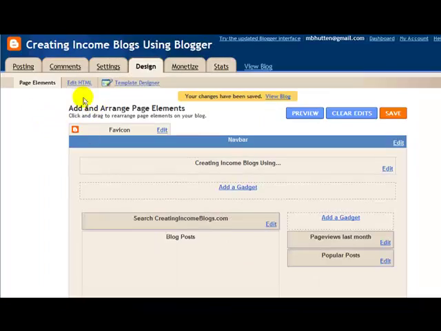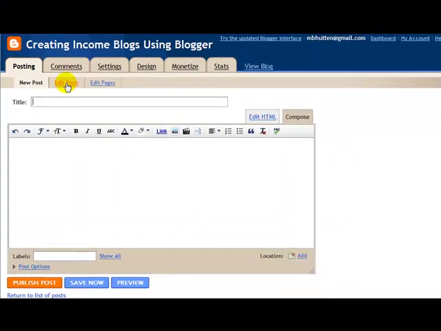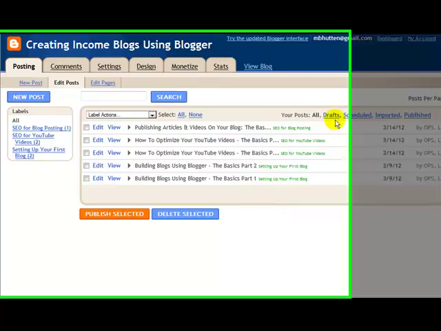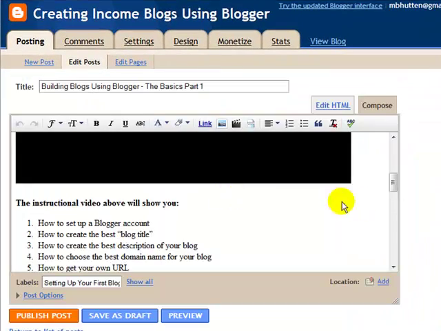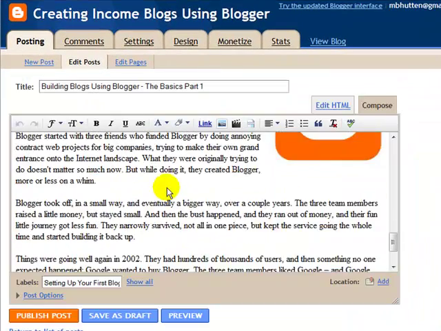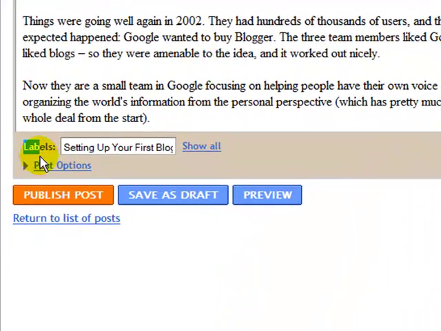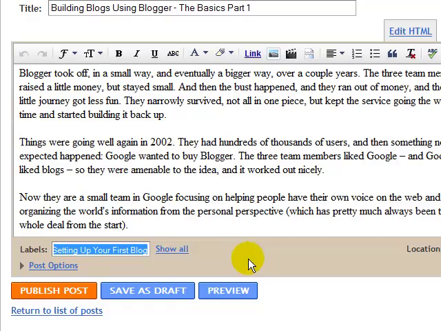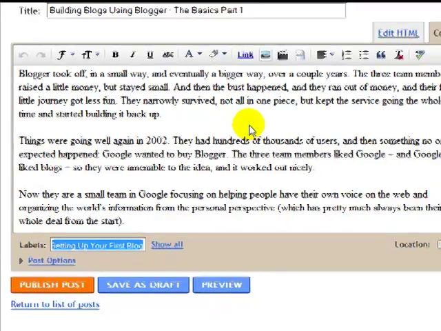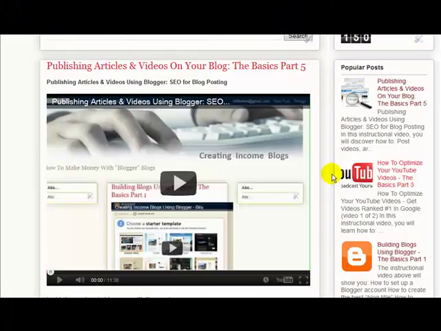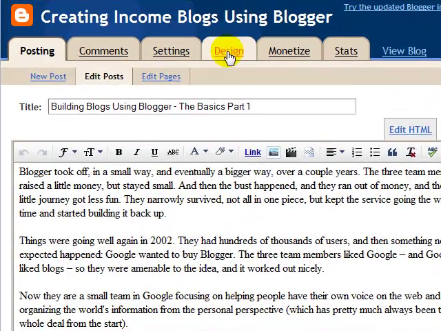So when you do a posting, I'm just going to go to one of my previous posts here. You've put in your video, if you have a video, you've typed in your text and everything. And then down here, you will see where it says labels. And here you would want to put in the general category that this particular post would fit into. Now, the reason that is important is because with the gadget,